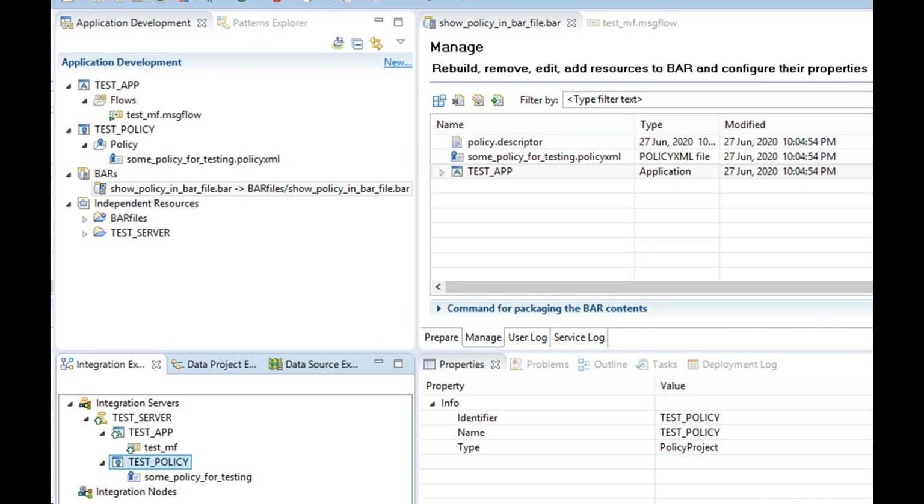In ACE, you have single step deployment and configuration with policies in the bar file. In IIB, you would use config services to override or abstract some specific property needed by your message flow.